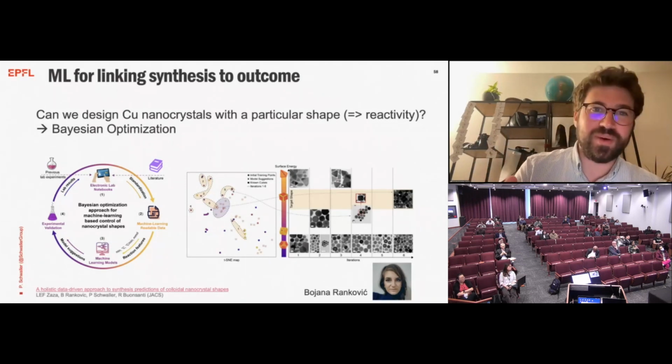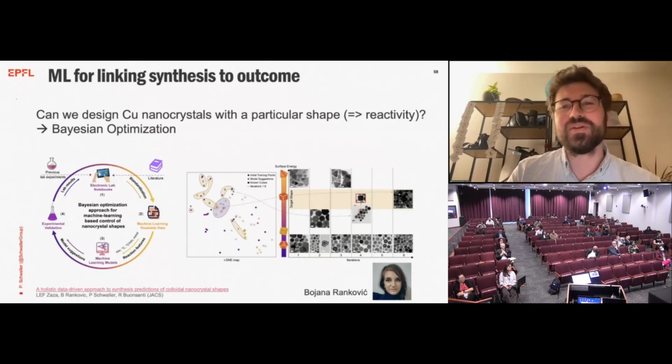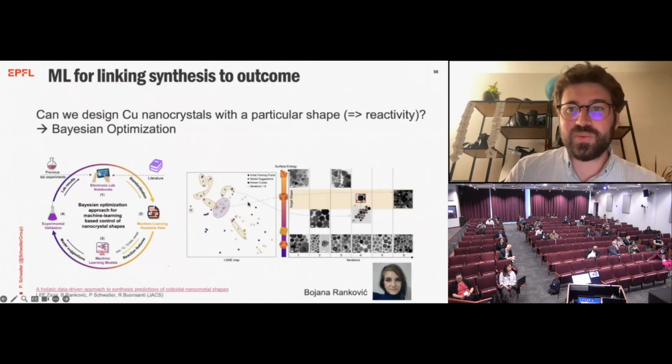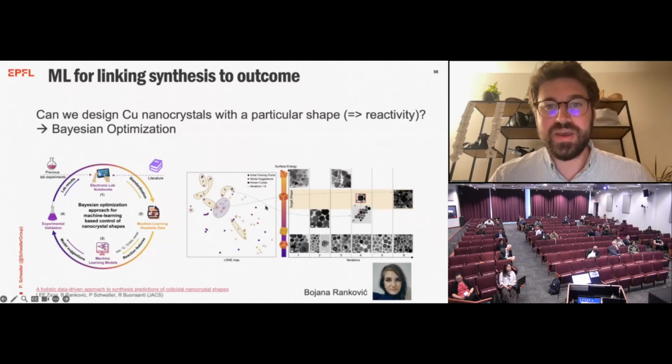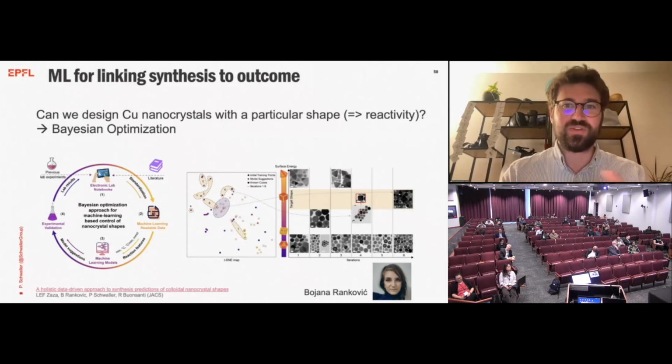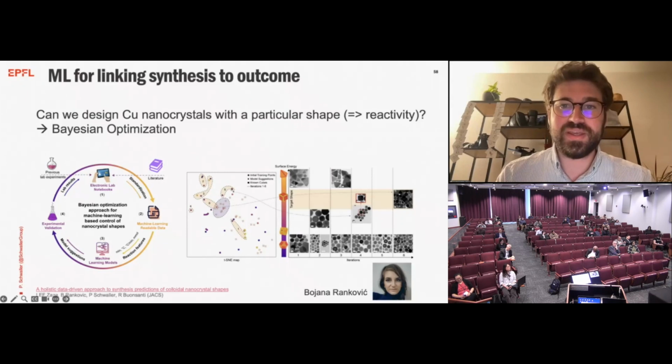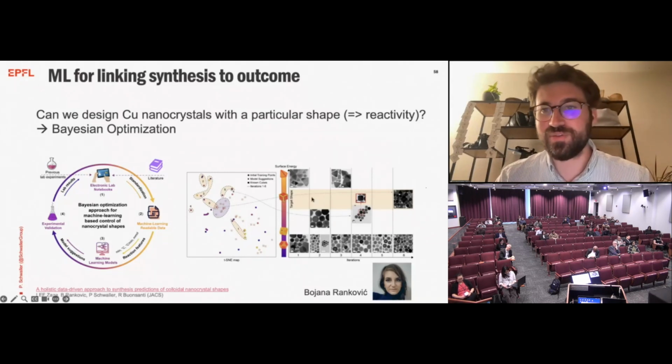So we had to come up with a trick to be able to optimize for shapes that were not yet observed in the training data. And we tested our approach where we were using a surface energy scale for the different shapes that could exist, first on cubes, where we removed all the known cube synthesis from the training set. And then over a few iterations, by targeting the specific surface energy value in our optimization, we were able to get